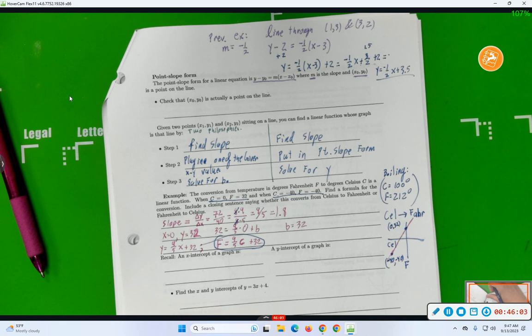Do any people feel particularly stubborn and obstinate and instead go the other direction, finding conversion from Fahrenheit back to Celsius? Okay. You could have, right? It would have been the same amount of work. All right, so